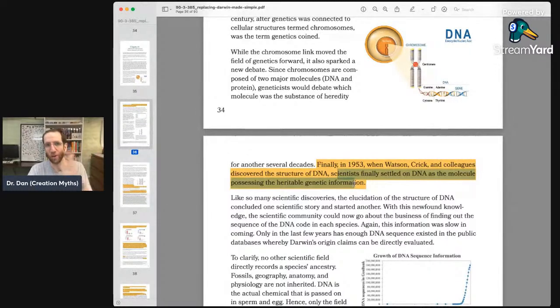It was the culmination of a long series of experiments. There was the Griffith experiment in 1929, and then in the 40s, there was the Avery, McCarty, and MacLeod series of experiments that essentially should have put the question to bed, but didn't. And then Hershey and Chase finally did in the 50s. Any student of science that's writing about any genetics-related topic should know that it was Hershey and Chase, not Watson and Crick, that demonstrated that DNA was the molecule of inheritance. So that's just a fun little point that I wanted to poke at because that's just sloppy.